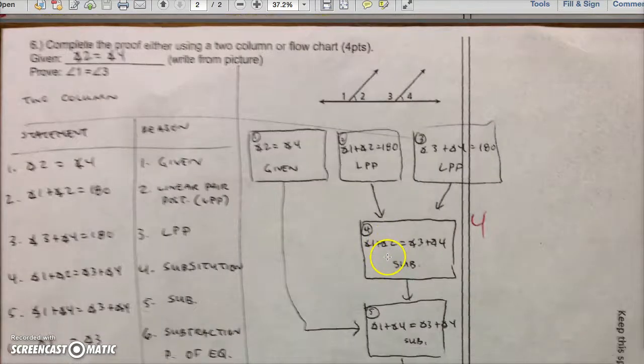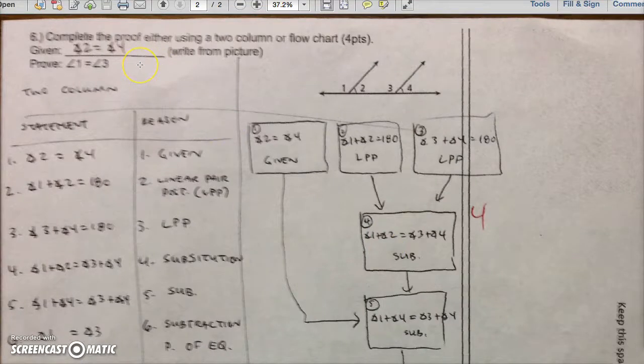All right, question number 6 says complete the proof using either a 2-column or a flow chart. And the given was nothing there, and you're supposed to take that from the picture. Well, these 2 marks there show us congruent angles. Angle 2 is equal to angle 4. So if you just wrote that down, it would give you 2 points. It tells us to prove angle 1 is equal